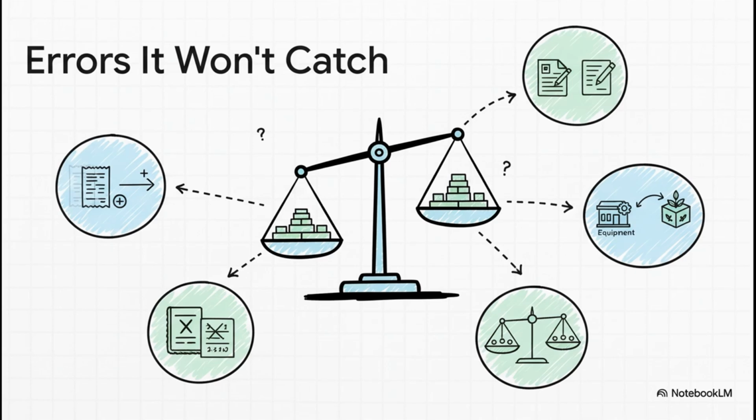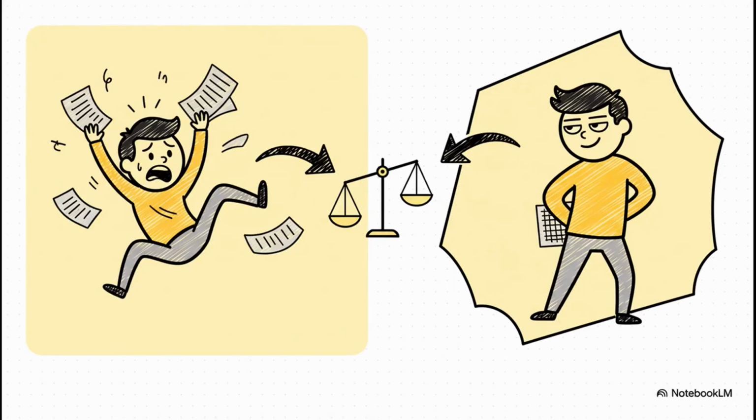The numbers match, and that's all it cares about. And there's a really important distinction we need to make here. An error is just an honest mistake. An irregularity, on the other hand, is when someone intentionally misstates something. We're talking about fraud. The trial balance is not a lie detector, folks. It won't catch either of these if the person doing it is clever enough to make the debits and credits